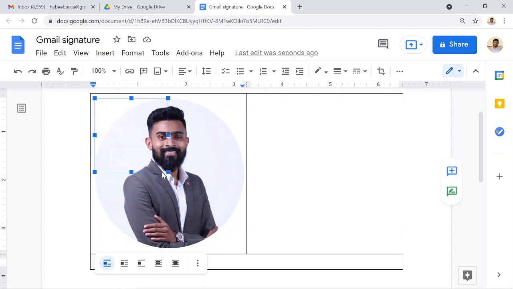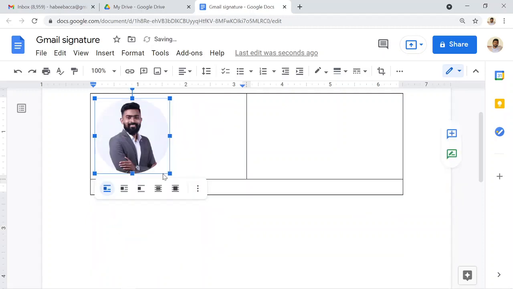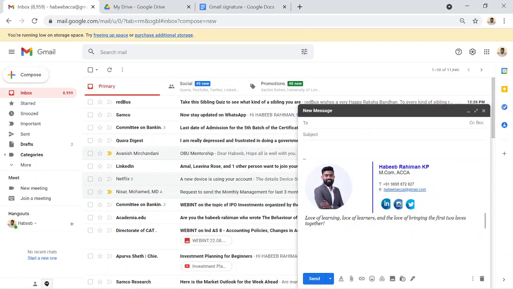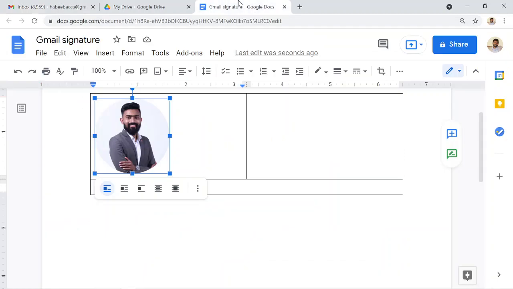You don't need to bother about the size and all. It won't make a material difference in the appearance, since the signature will be at the end. Look here, currently I have a bigger space, and only a little space can be adjusted while we are doing this. So it's not about how much size and all. At least we should create a presentable signature. That's it. So we inputted the image.